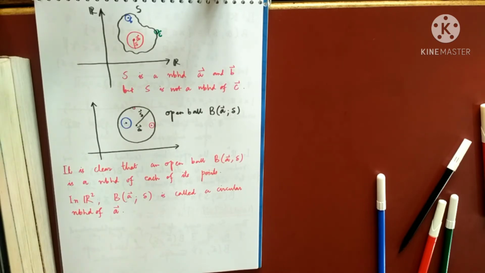So even if you think of this definition for a set of real numbers, what was the definition of neighborhood? A set S, a subset of R, is called a neighborhood of a point A if there is some open interval centered at that point A, or containing A, and wholly inside the set S. So now you think, why this definition? Because open intervals are actually the open balls, and hence we have this. So both the definitions are true in case of R. So good enough. Now let me talk about another neighborhood also.